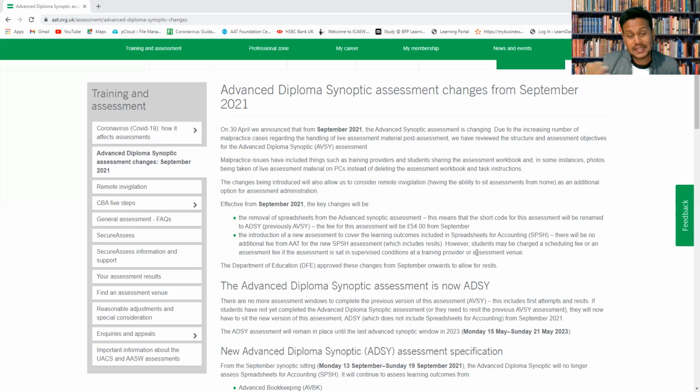But from September, you really don't have to do it. It will be exactly one exam and you have to answer everything in the window. There is nothing you have to download and there are no Excel formulas, nothing.